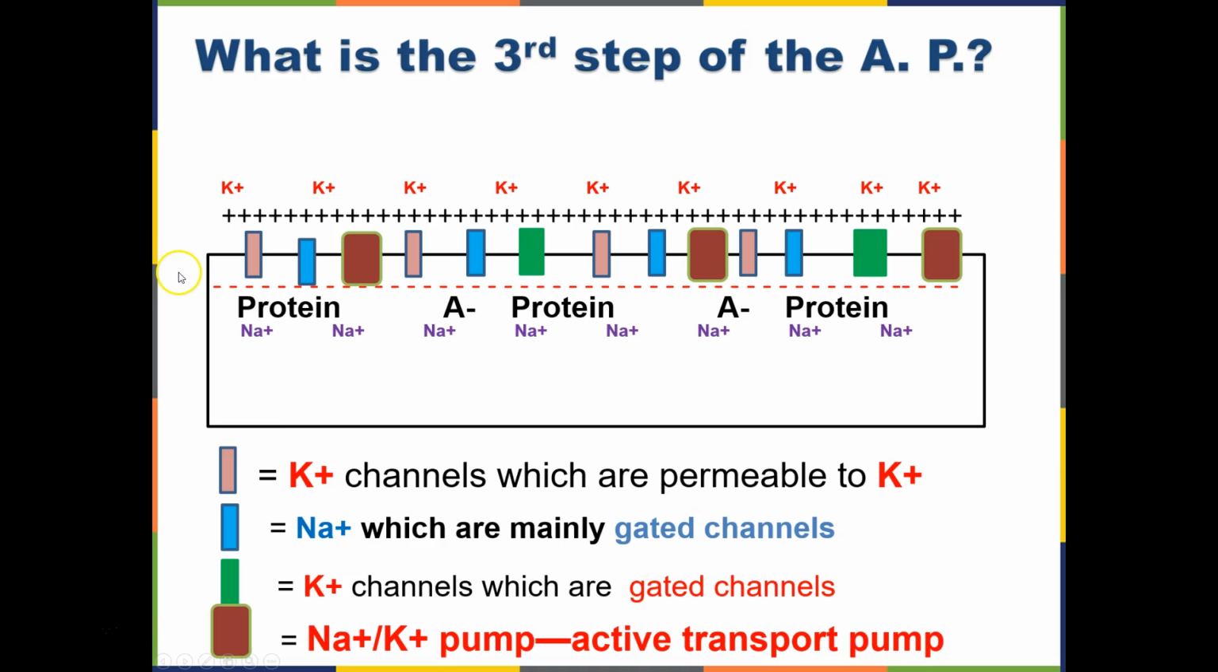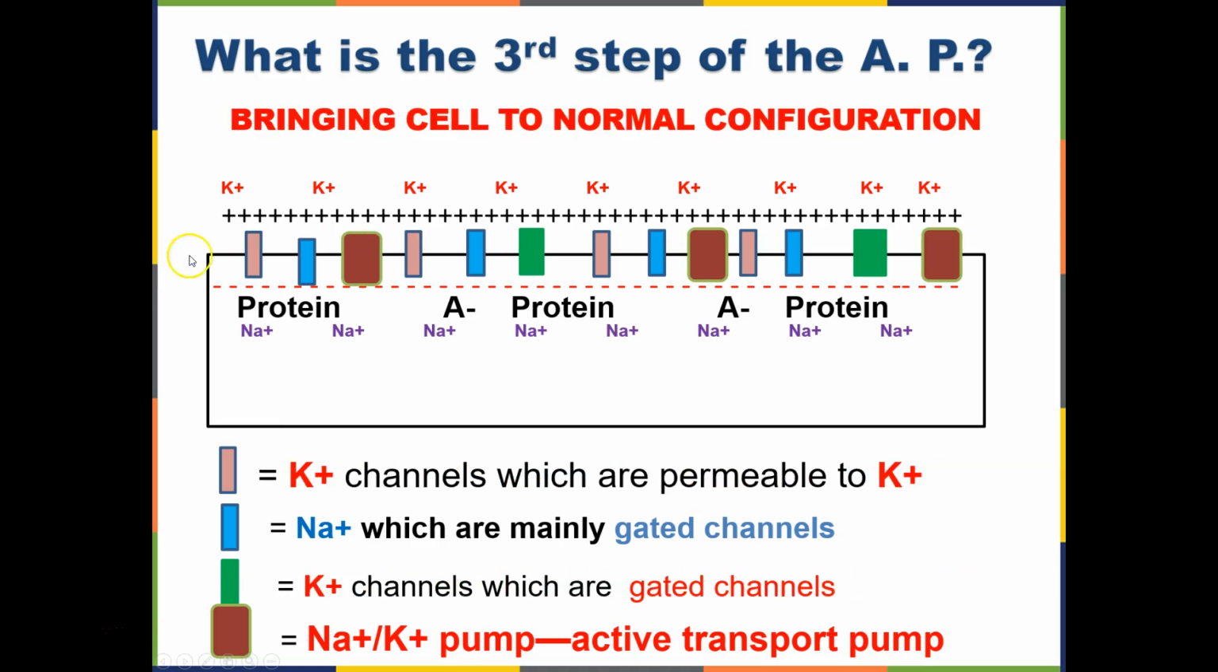third step of the action potential is to reconfigure, bring the cell back to its normal configuration. And we use sodium-potassium pumps to do this. Sodium-potassium pumps are active transport pumps that are found within the plasma membrane of the cell as well. And what they do is they pump sodium out and potassium back in. They're constantly working, so action potentials need energy because we're using energy to get these ions back to where they